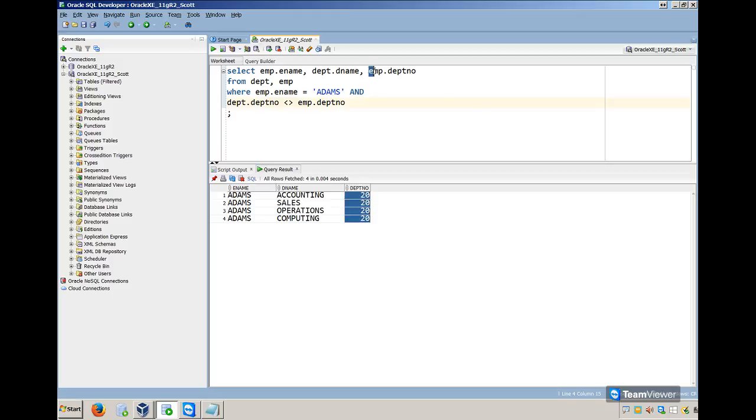Let me also do one more thing, which is dept dot department number. So the first one is e.deptno. This is my column alias, and I will specify a column alias for the second column. Now if I run this command, you can see here